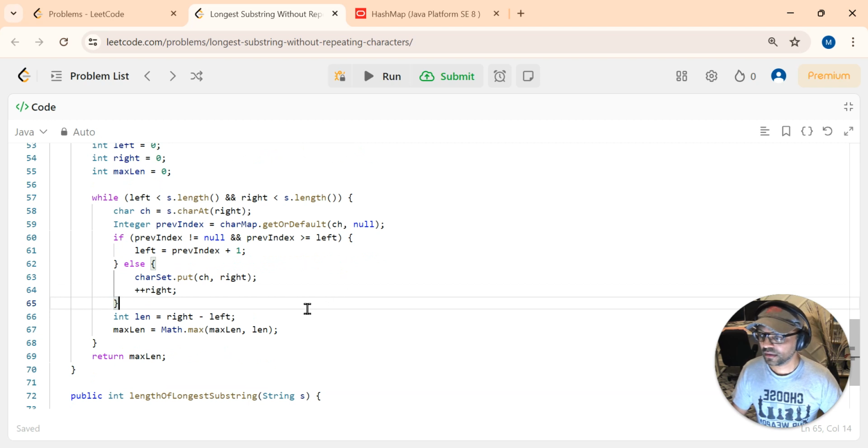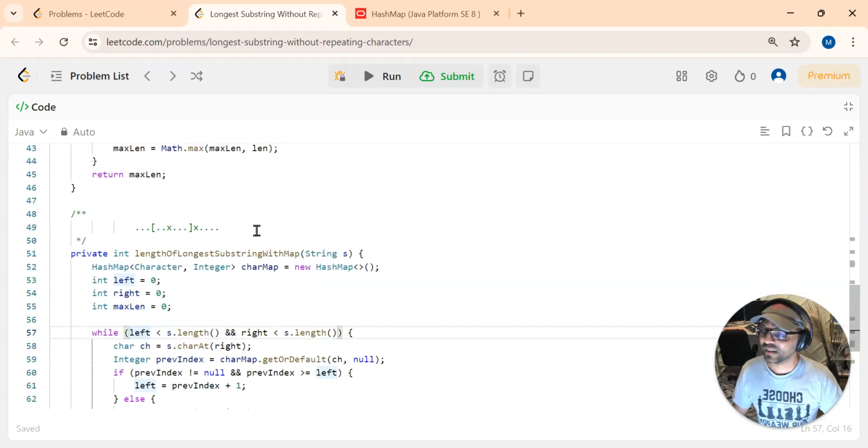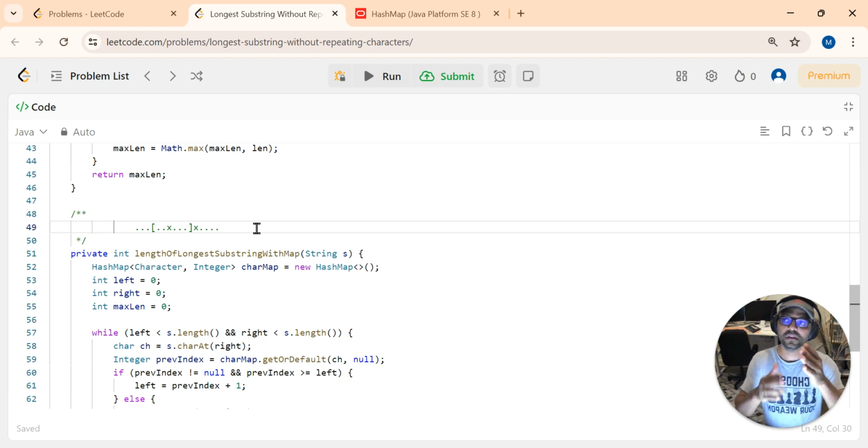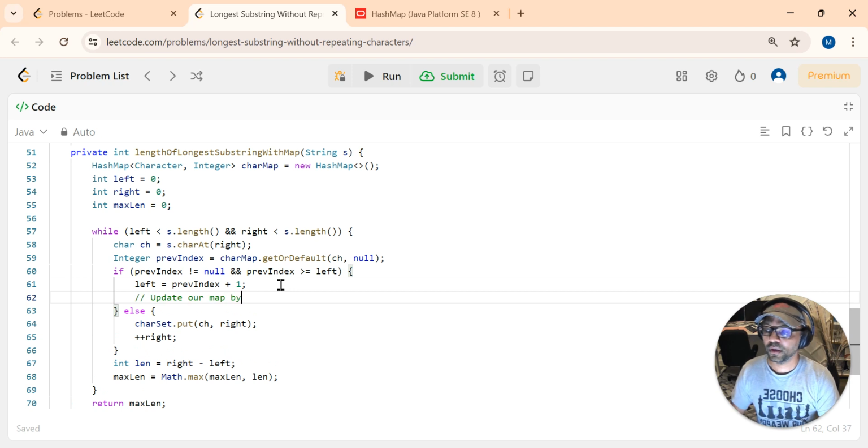In fact, this just becomes a for loop now on the right pointer. Basically we can always update right. Sorry about the mess, but I'm thinking aloud and doing a live problem. That's the fun. So what I'm saying is, right can always go 1. The reason is that if the character did not exist, that's easy, we can increment right. But even if the character existed, we can increment right because of what we did in this if condition. Here we will update our map by removing that character,